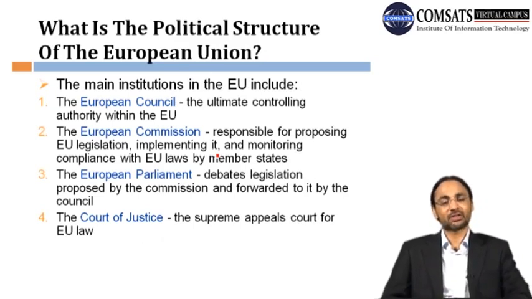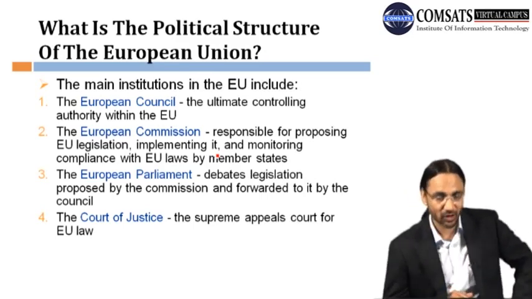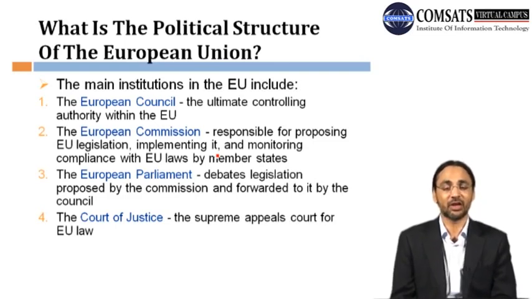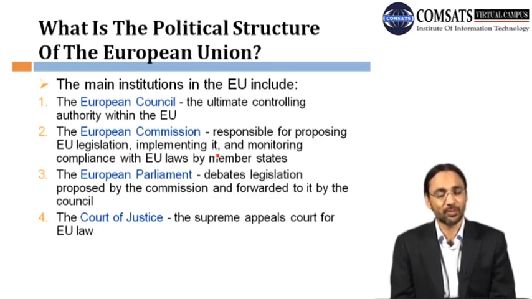Okay, what is the political structure of the European Union? There are four main institutions of the European Union. The first one is the European Council, which is the ultimate controlling authority of the European Union. The next one is the European Commission, which is responsible for proposing EU legislation, implementing it, and monitoring compliance with EU laws by member states. The next one is the European Parliament, where they do the debates,